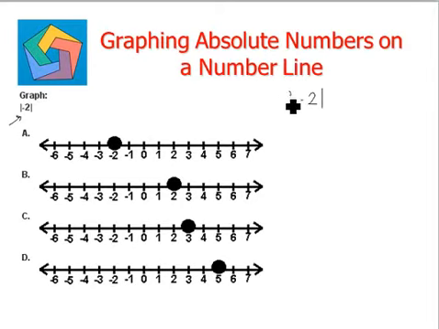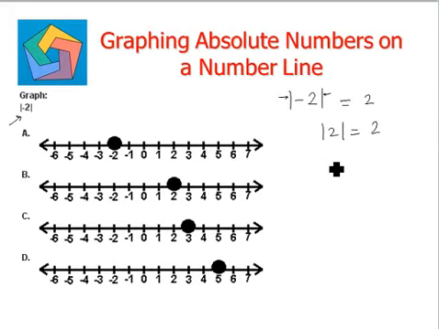Let's understand what we mean by an absolute number. An absolute number is one where we have a number enclosed within these absolute value bars. These are called the absolute value bars. Whenever we see these absolute value bars, we ignore the negative sign. That is, the value of this would be positive 2. Also, the absolute of a positive 2 will be positive 2.